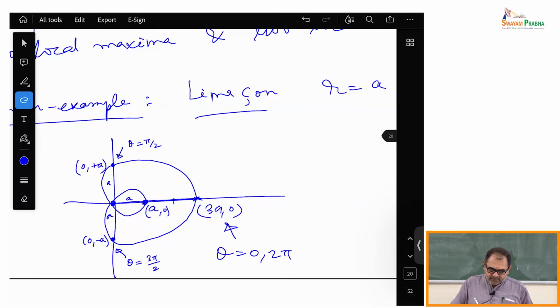And the important thing is, of course, this is the origin here, and if you draw the tangent to the curve at the origin, you will get this angle, which will be 2 pi by 3, and if you draw the tangent here, I will get an angle which is going to be 4 pi by 3,